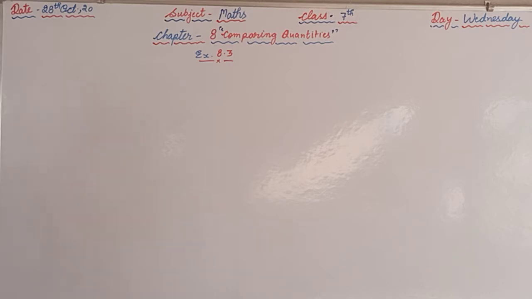In question number 7 two parts are there, and as I told you previously, you are supposed to have your textbooks with you while watching the video, so that you can also get the information given in the question. So first of all we will read the question, that is question number 7, exercise 8.3 on page number 171, and the first part says that chalk contains calcium, carbon and oxygen.